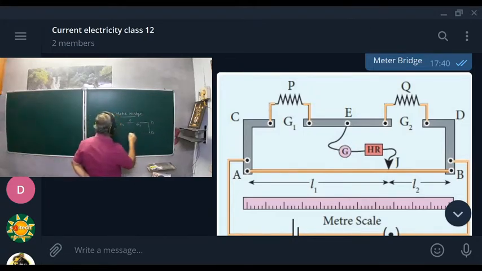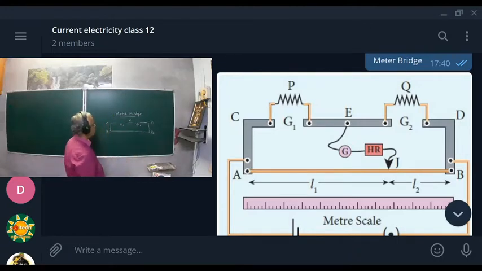The distance between them is 1 meter, and a rod of 1 meter length is kept between A and B. So it bridges the gap A and B, and its length is 1 meter, and that is why it's called a meter bridge. So the L metal plate, E metal plate and another L metal plate. C and D are the two L metal plates, and you have the central plate that is also metal, and you have the terminals A and B where you have got a conductor, and its length is 1 meter.